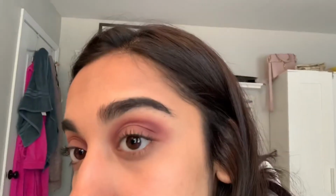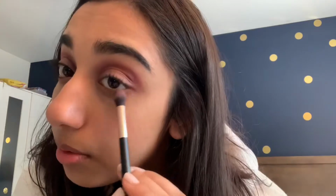I'm gonna show you in the lighting. I went a little more purpley, but yeah. I don't know if I showed this in the morning video, but I'm gonna show it now because I didn't really get the chance to properly show it, I think. But I'm gonna take Sparks again and just line my under eye. This is really important. It makes your look so good if you do the under eye. I noticed that today when I was